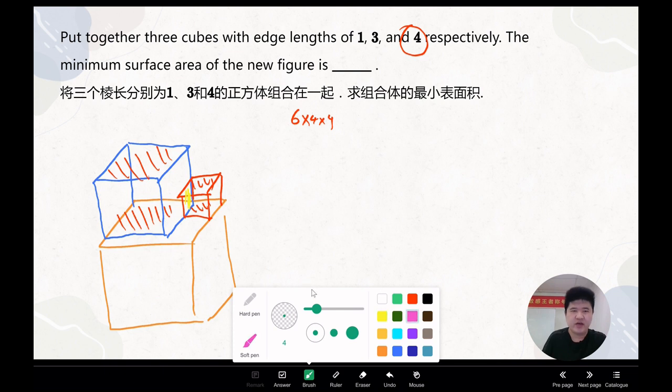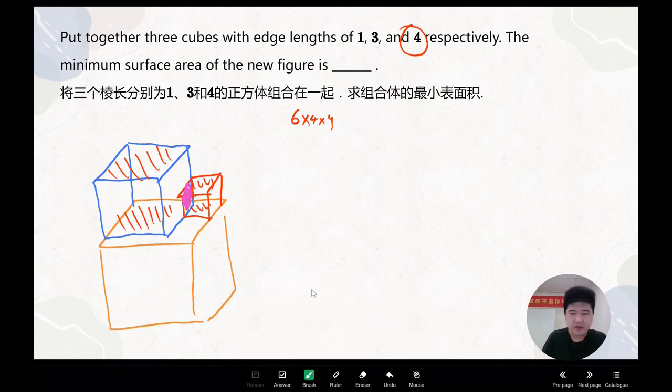And then we just find out this face here. Oh, I just changed the color. 我换个颜色。Let's find this face here. This face also makes the surface area decrease by the 1 times 1. 我们这个面棱长为1和棱长为3的这两个正方体连接在一起，也会导致一个面损失。But this face is same as this one. 那我们会发现中间这个面，它和最右边这个面是一样的。So we just push the face on the right to the left side. 我们把右边这个面往左边一推。